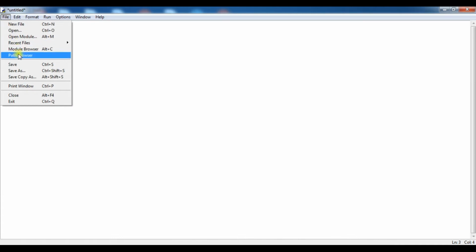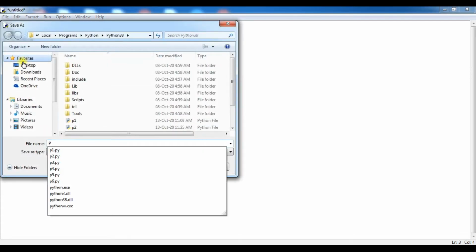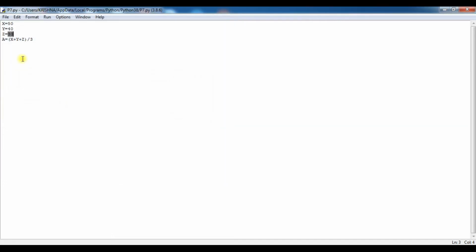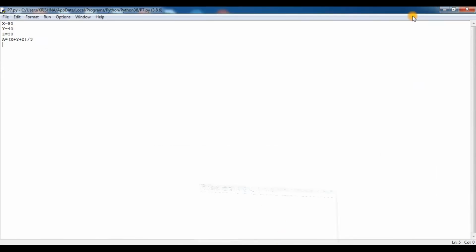Now you save this program. Suppose I save it as P7. When you save this program and run it, press F5, or you can click on run and click on run module. Sorry, I have not used the print statement, so first we use the print statement. Write print, not capital Print, because Python is a case sensitive language.